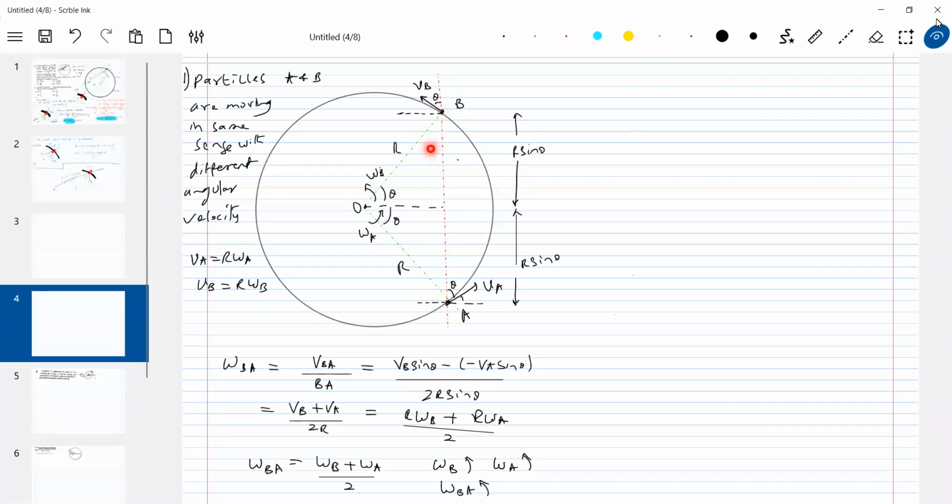Are you getting it? VB sine theta, VB cos theta. Which component should be substituted here? VB sine theta. Sir, is there any reason? Because we know how V and R will be related: V should be perpendicular to R. Therefore, the component of velocities of particles directed perpendicular to line joining AB should be substituted here. That's the basic definition. Similarly, if they move in opposite sense, the same problem.